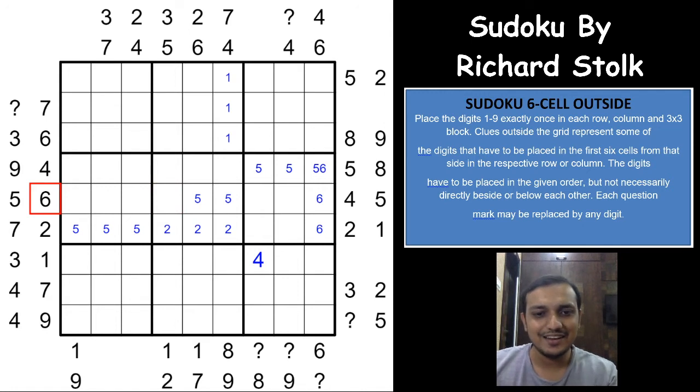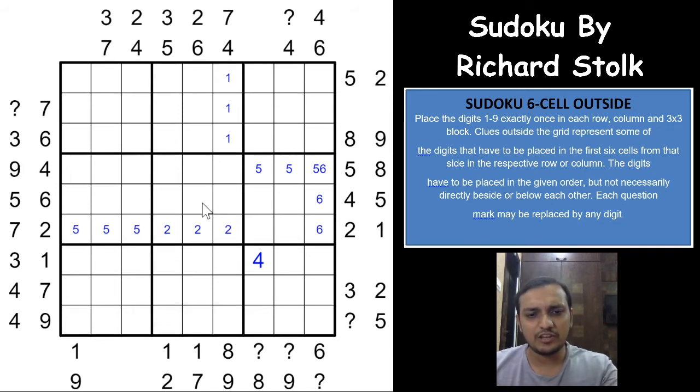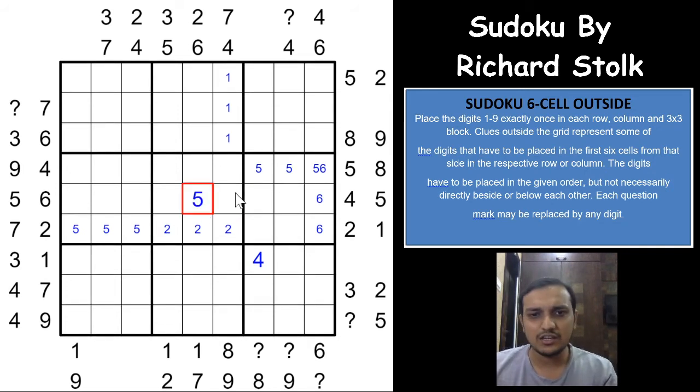That's excellent, right? So after the 5 here you need to have a 6, which means the 5 cannot be here, because if you have a 5 here you need to have 6 somewhere after the 5, which is not possible, because you need to have both the digits inside the 6 cells. Which means that the 5 would have to be here in the middle cell, and after the 5 you need a 6, and before the 5 you need a 4. So with that we got a very good logic here, a very good start actually.